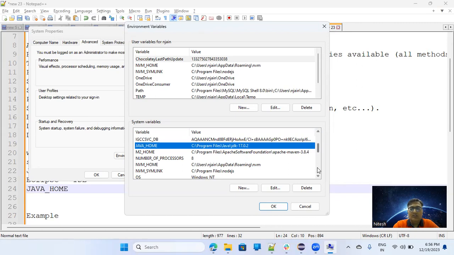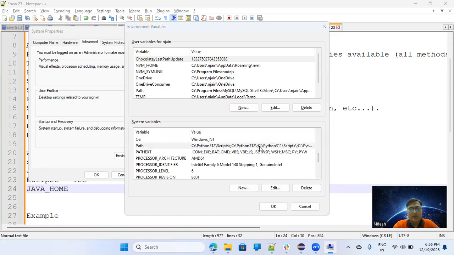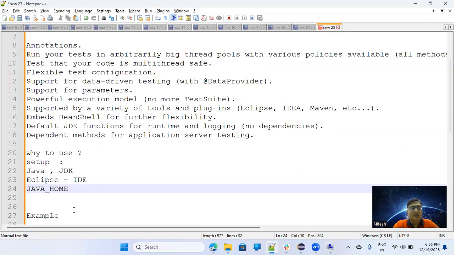One more thing which you should set is path. Okay, so once you install the Java, you should